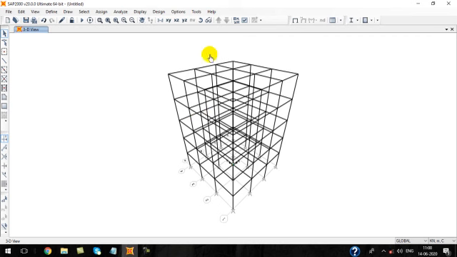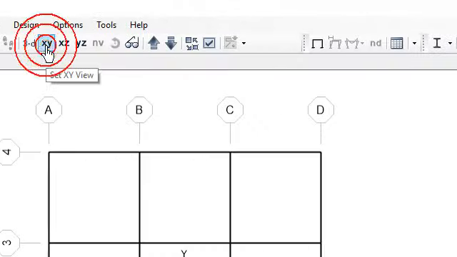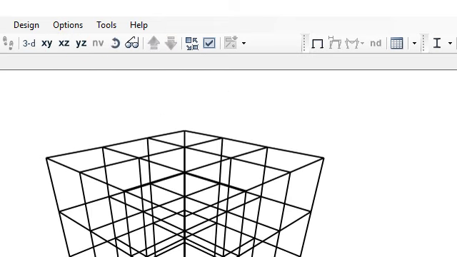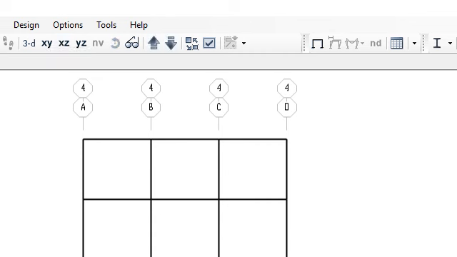The next step: these are the options for viewing your model: 3D view, then XY is the plan view, and this is XZ. You can see the coordinates here. The x-axis is in the longitudinal direction, and the corresponding perpendicular axis in the transverse direction is the y-axis.